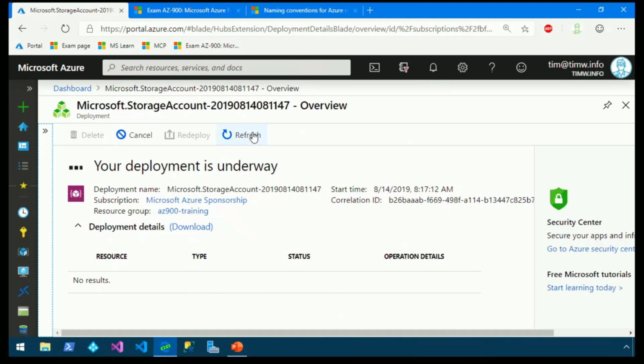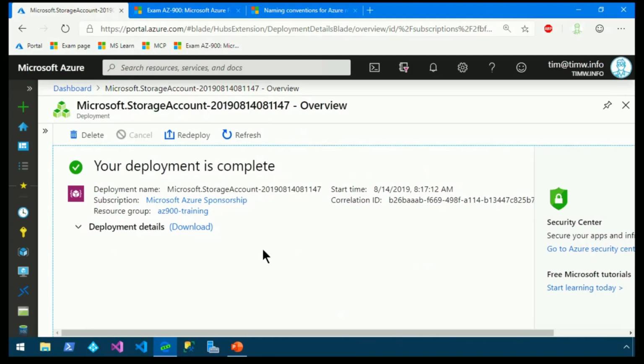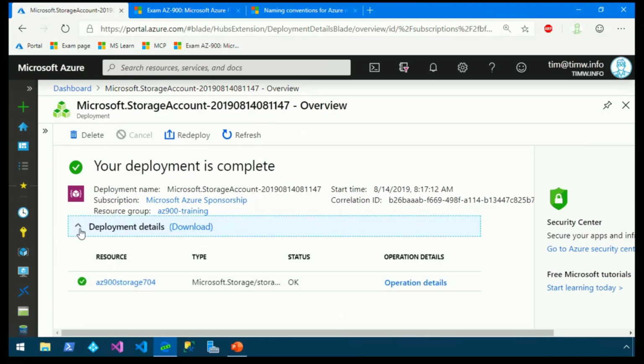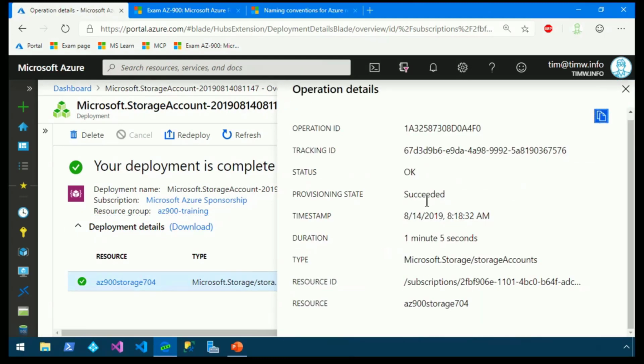And this is a pretty simple operation. It just needs to create a single storage account. You may be doing a much more robust deployment that has a dozen or more steps, but each of these steps that Azure does, Microsoft tells you about. That's what this operations detail is. So we can click, whoop, it finished before I could complete it. Let me bring it back here. Operation details, and it'll give you some metadata about how long it worked on a particular step and exactly what